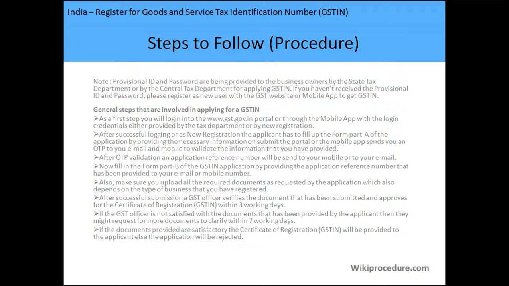But in case you do not have a provisional ID or a password that is provided by the state tax department or the central tax department, one option is you could contact them to get it. But if you think that you do not want to contact them, or if you want to just go straight away with the process, then what you could do is register as a new user